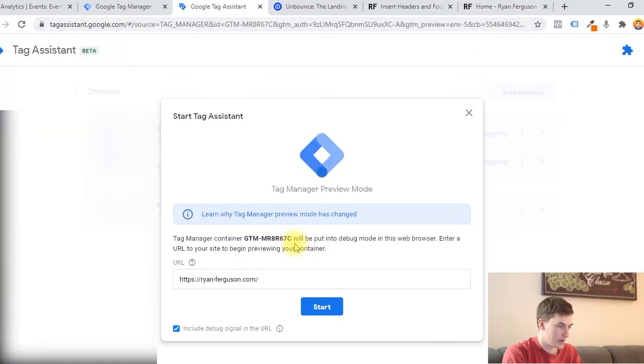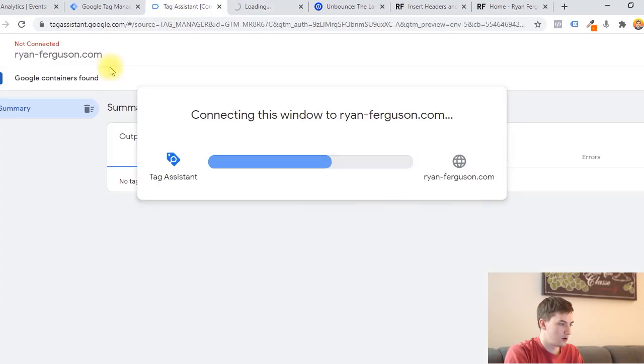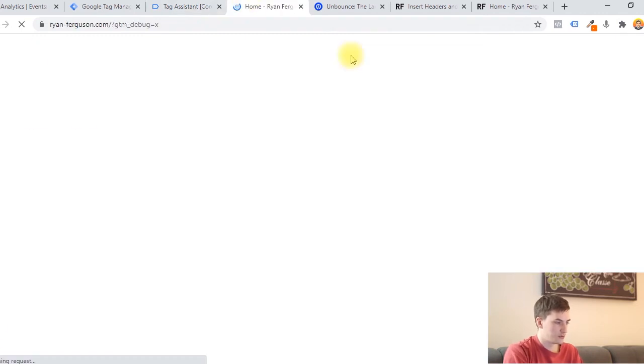So it's just the primary domain, which is already in there. I'm going to click start. So this is going to, first of all, open up this tag assistant in a new tab. You can see it's trying to connect to that URL that we just put in, and then also opens a new tab